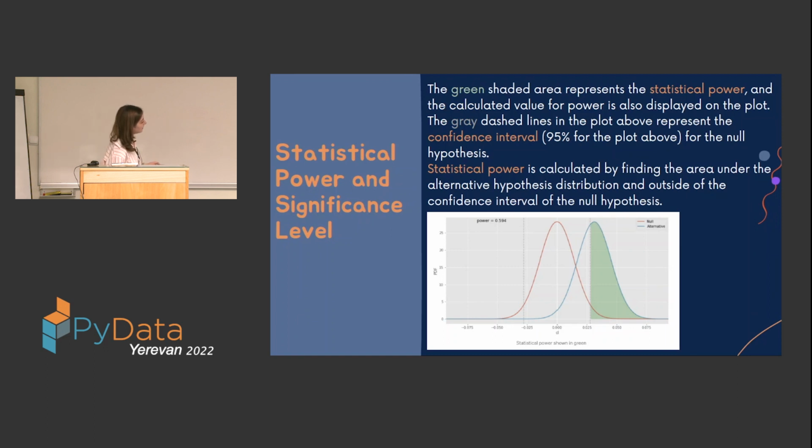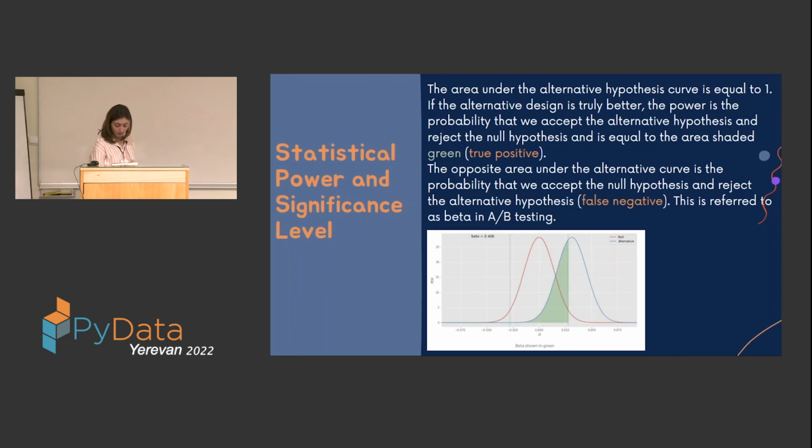The statistical power is the area that lies beyond the 95% and covers the alternative hypothesis, this green one, and it shows the statistical power. And the gray dashed lines, as I said, are the confidence interval for 95% for the null hypothesis. Statistical power is calculated by finding the area under the alternative hypothesis distribution and outside the confidence interval. If we go a bit more, this part that is to the left of the dashed line, but also under the alternative hypothesis, shows